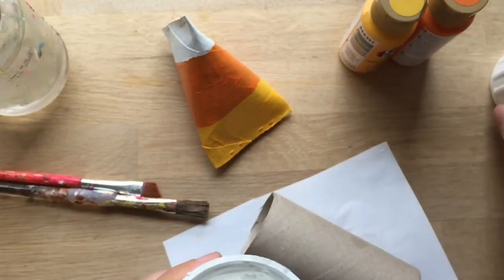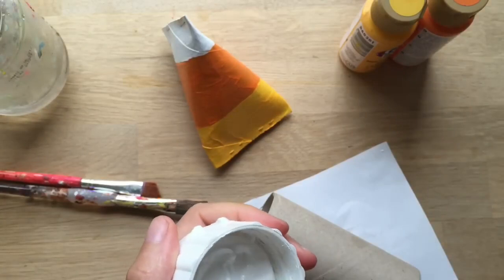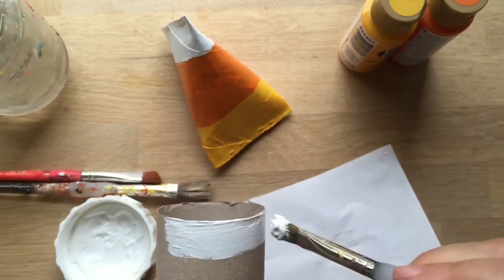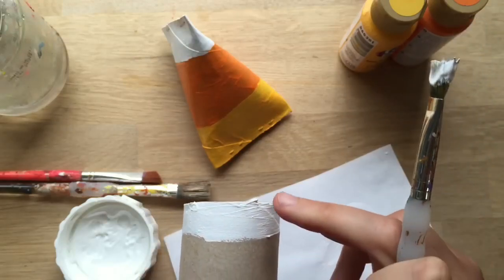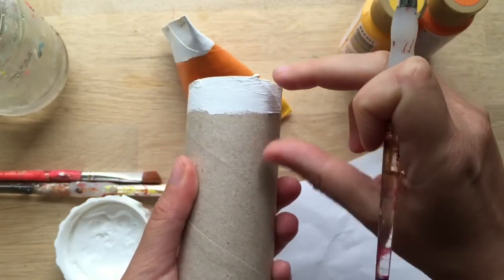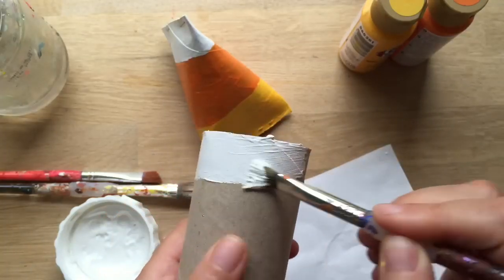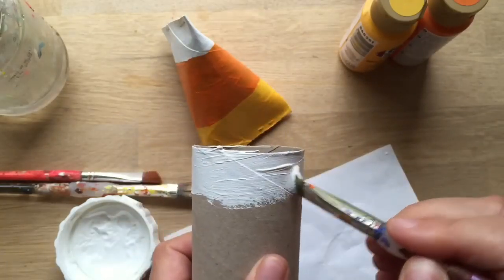So what you do is you do some painting. Woohoo! And again, if I'm doing a whole set of these, like say 10 of these in a row, I'd obviously squirt the paint out and do all the white in one go, and then switch to all the orange in one go. Now the main thing to do is imagine that you're dividing your tube into 4 pieces, and you want 1 piece white, 2 pieces orange, and 1 piece yellow. If it helps, you can draw a line first, but to be honest, I don't think it's that accurate a science. So paint your white